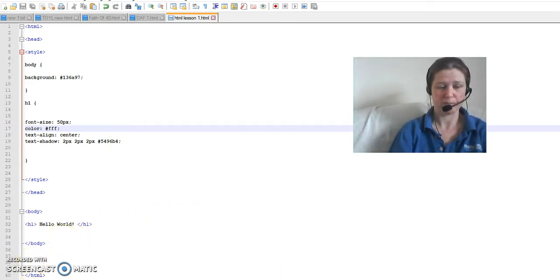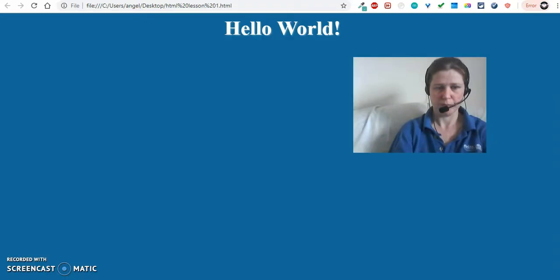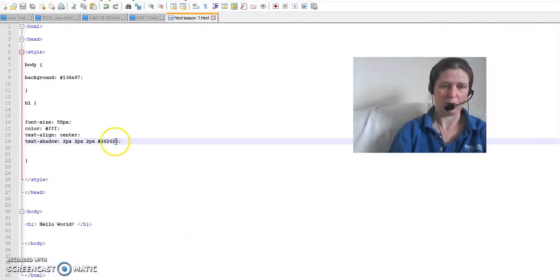The charcoal color. As I was saying, if it's a lighter color with a darker shadow, it'll pop more and it'll look like it's coming off the page. So that's something that you can do with text. And now,